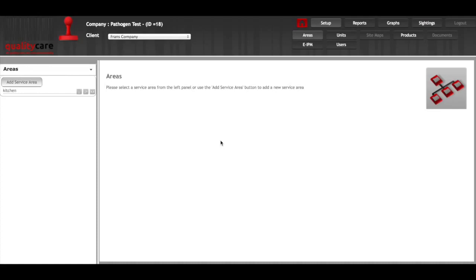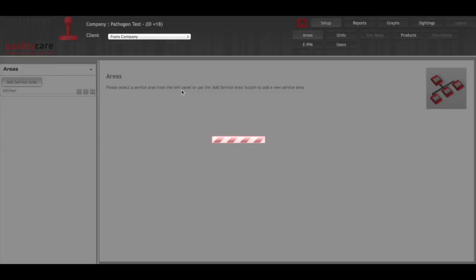So once you add a new service area, if for example in the kitchen you fumigate, you would want to put the barcode behind a door or somewhere discreet and create that area barcode within kitchen. So once you add a new service area,